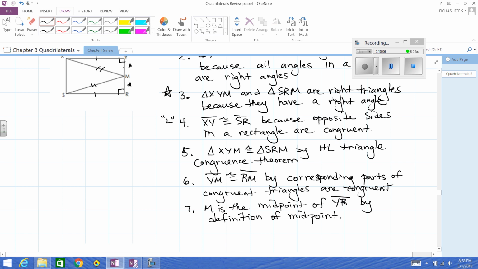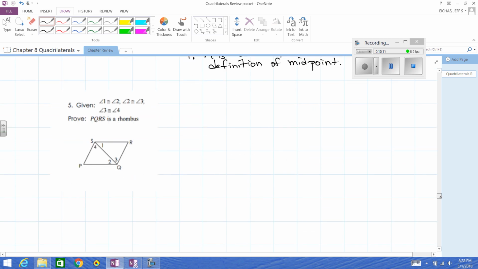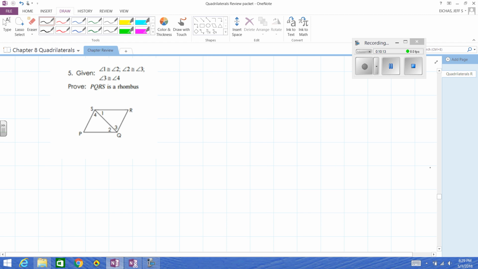You know, both halves here are now the same. So M must be the middle of that side. Okay, let's see, good enough for this video. Again, we'll do the next 3 or 4 and then